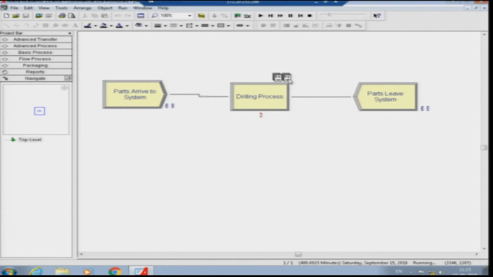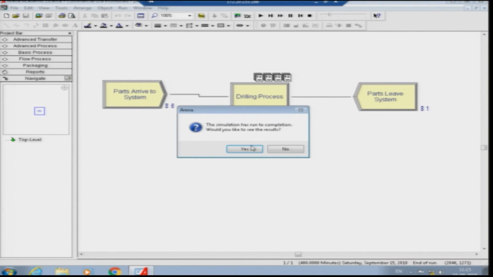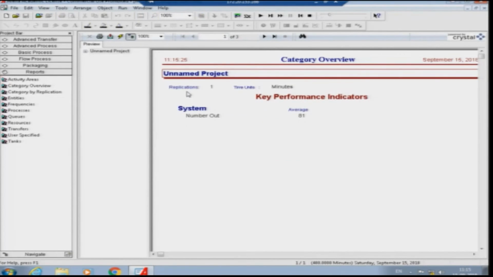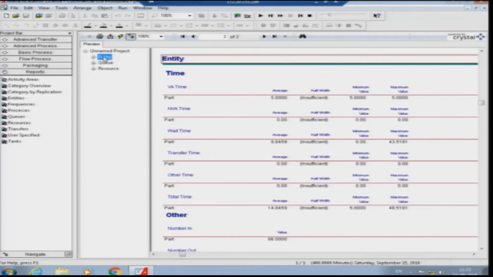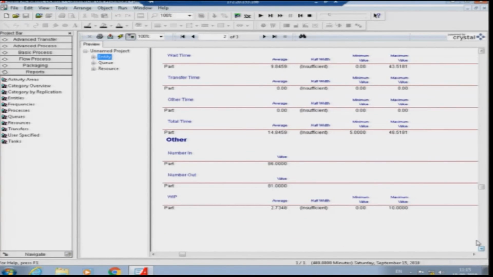You will see that unlike the previous case, you will actually see queuing happening. And you can see that where 98 entities came into the system, in which 97 got completed, only 81 are completed. So, the numbers are reduced from 97 to 81. If you look at the entity, it actually shows you that instead of the 97 arrivals, only 86 arrived because of the variation in the system.